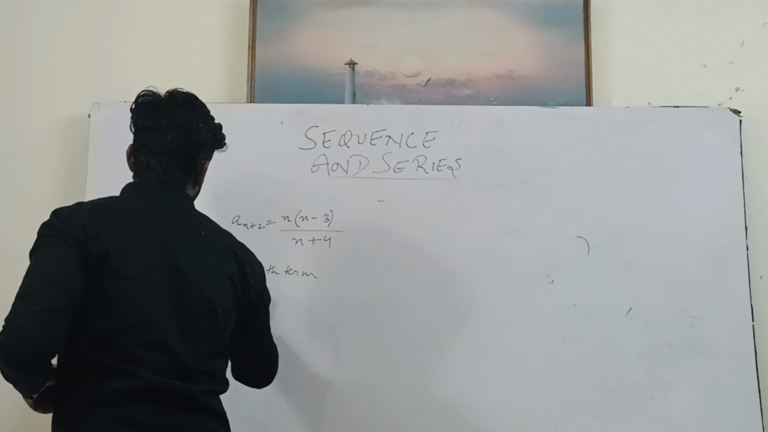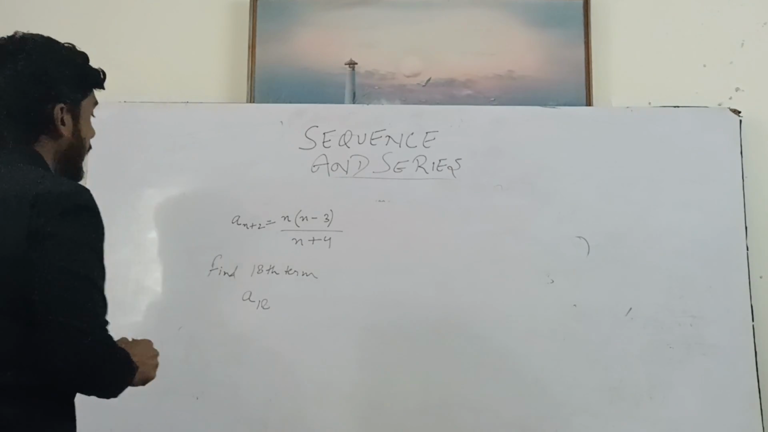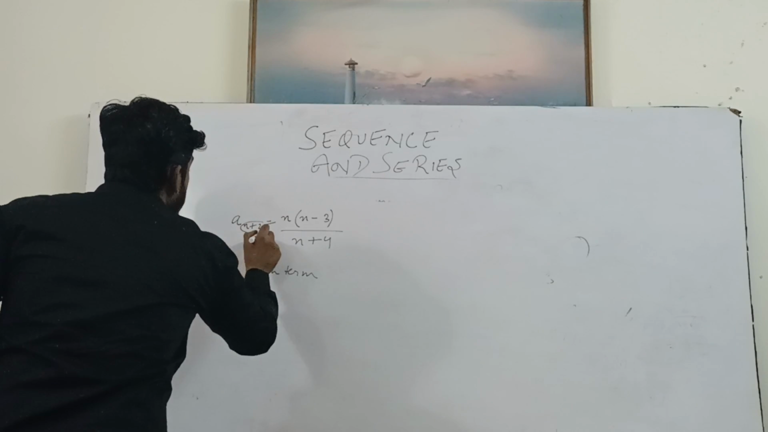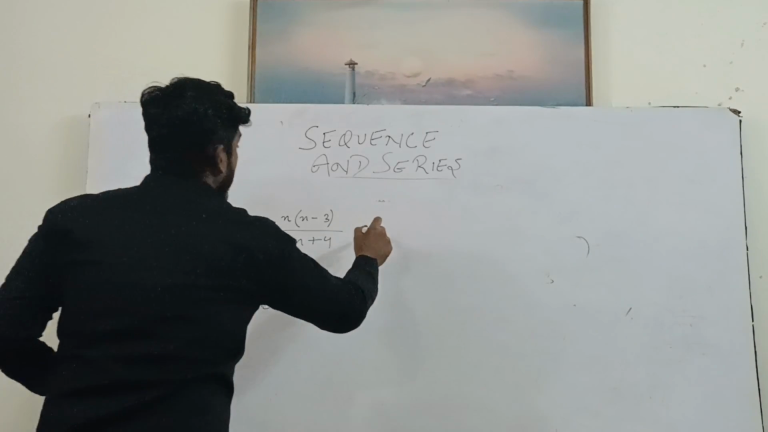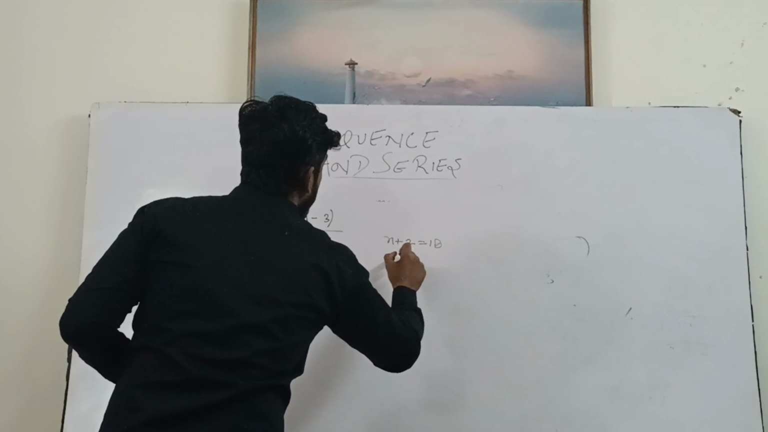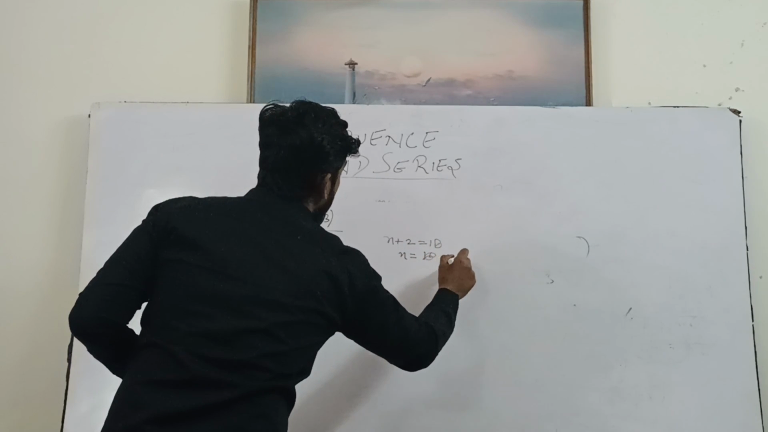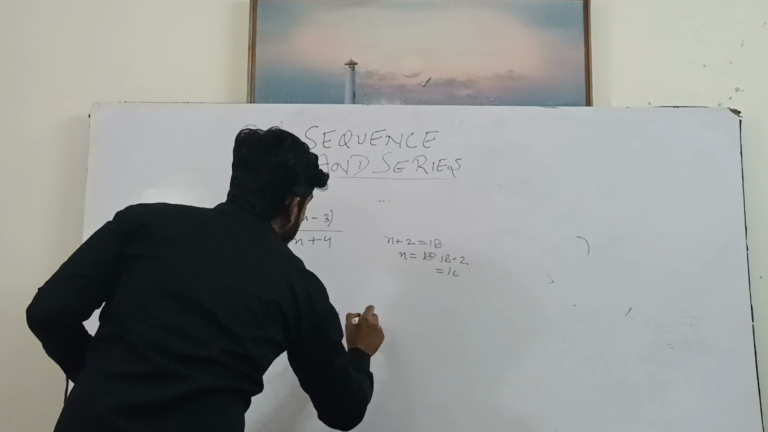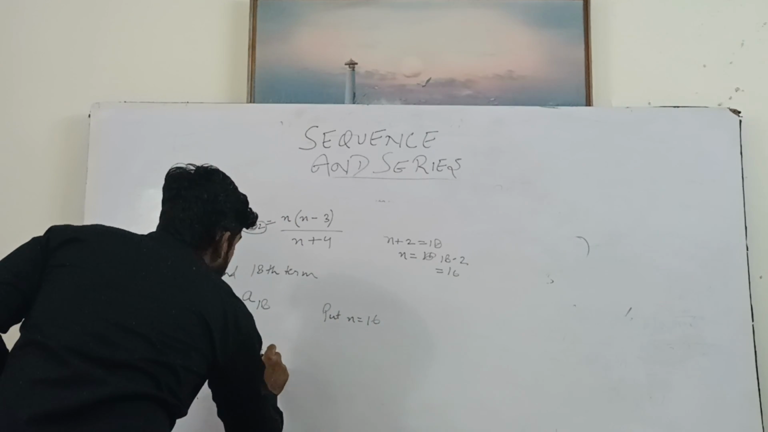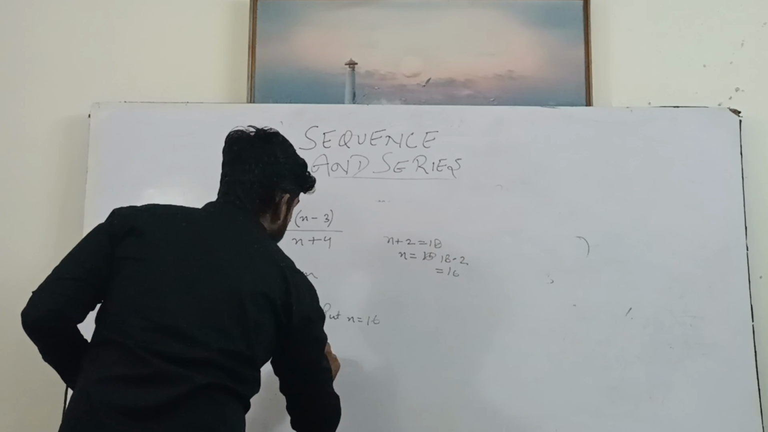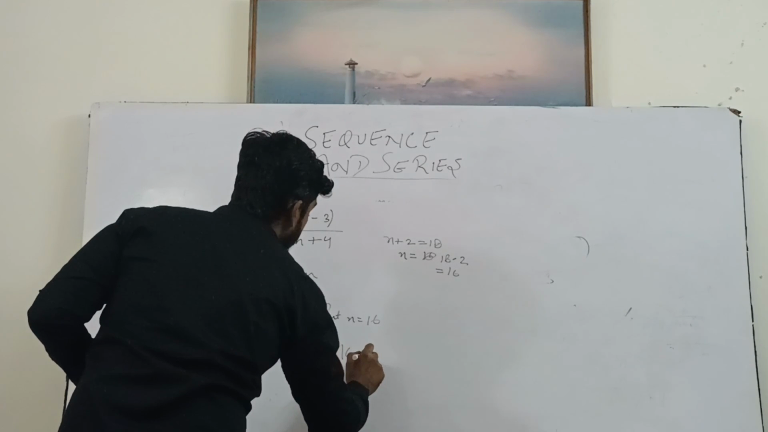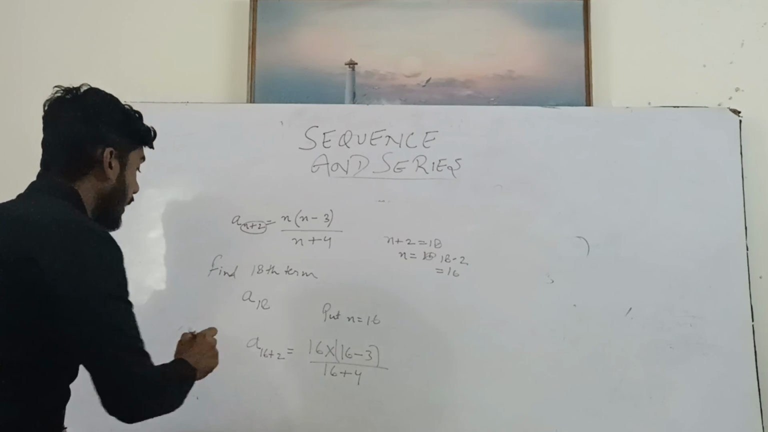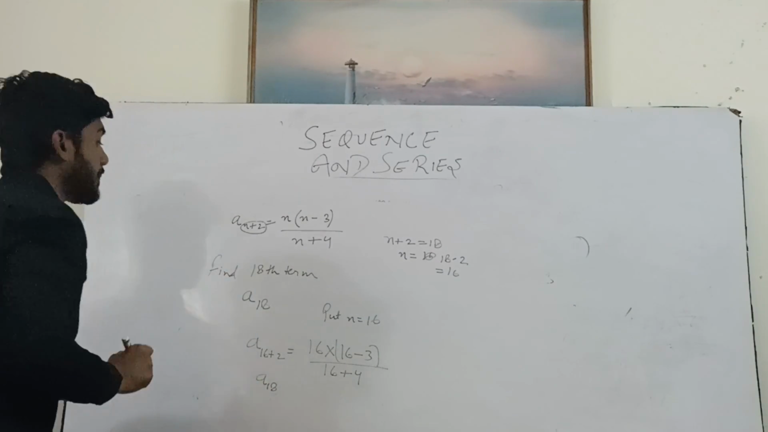Find 18th term, so actually what we have to find, we have to find A18, A18 निकालना है ना, तो A18 निकालने के लिए इस जगह पे 18 होना चाहिए, यहाँ पे n+2 लिखा हुआ है, तो n+2 की जगह 18 आना चाहिए, इसका मतलब n should be 18 minus 2 which is equal to 16, so if you put n is equal to 16 here, what you get, A16 plus 2 is equal to 16 into 16 minus 3 upon 16 plus 4,